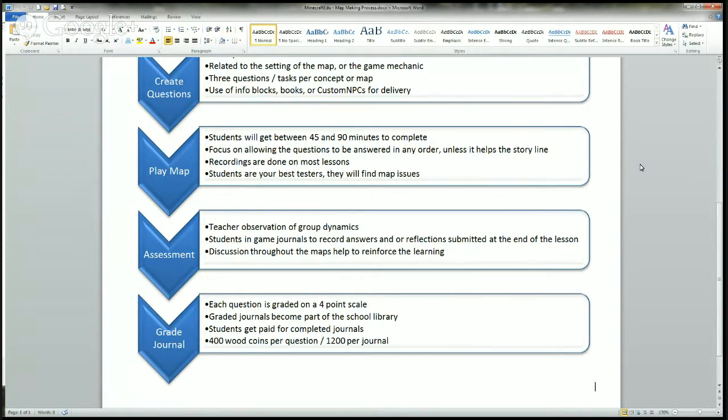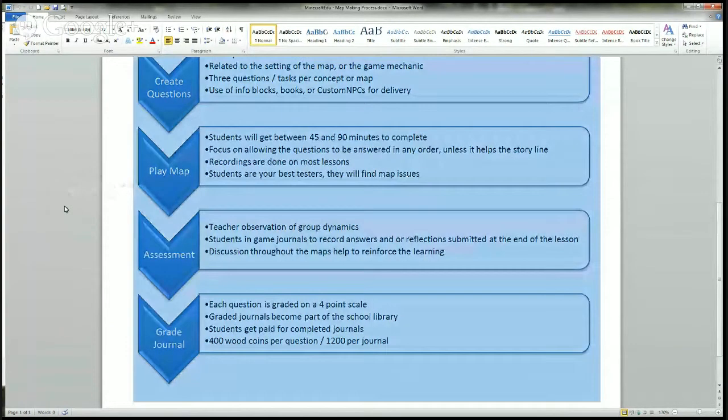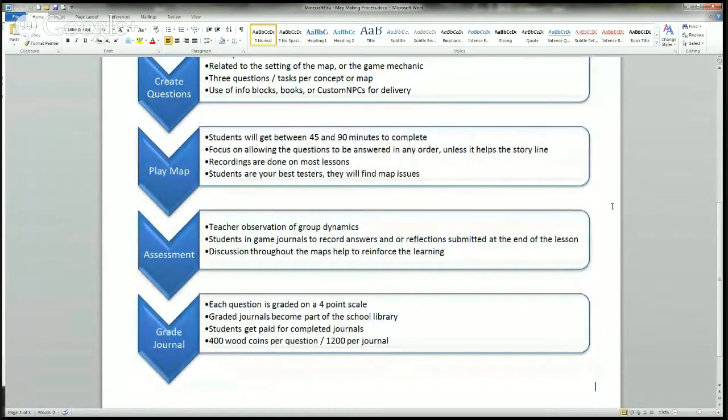When I started reading the journals, I was actually very pleasantly surprised about the kind of stuff I was finding in the thought processes. Even if they got a calculation wrong, they understood the mechanics of the process, which was nice. Sometimes they would have a typo, an extra 0 or something like that. So anyway, this is just a document I was working on last week for my SLOs, and I thought I'd share that.